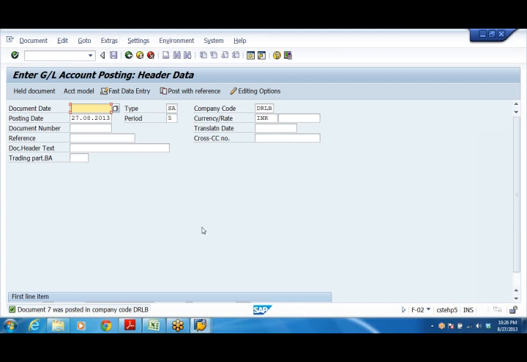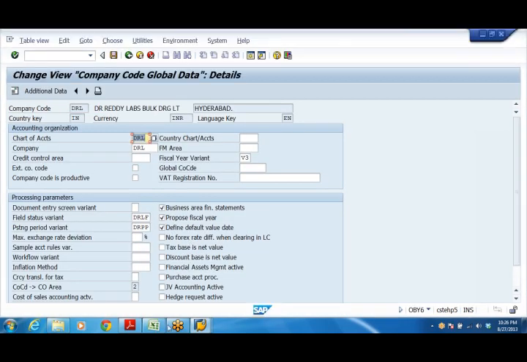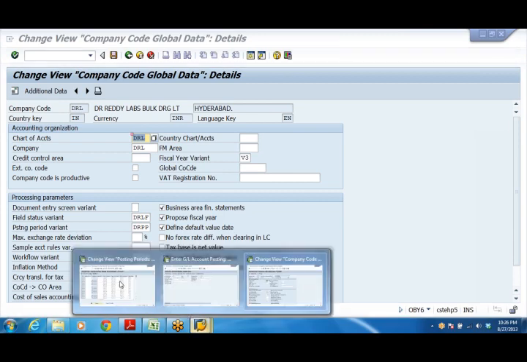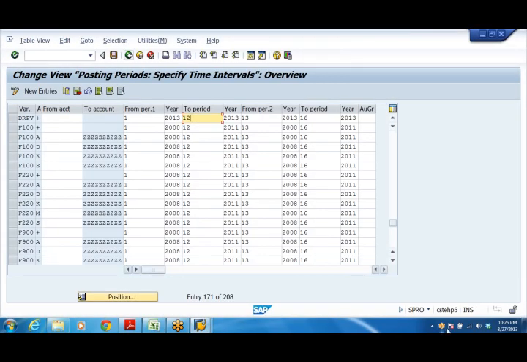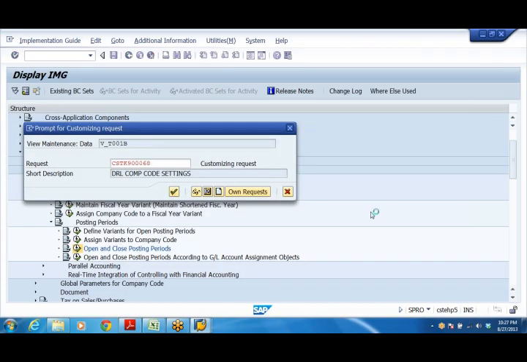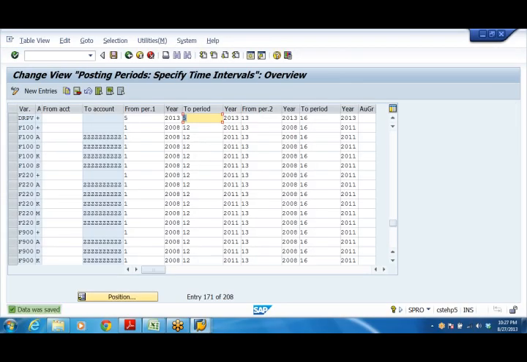Now I want to change this. Come here, write in OB52, DRPV from, I am taking only now 5th period. 5th period to 5th period. Save it. Now let us try the same entry.